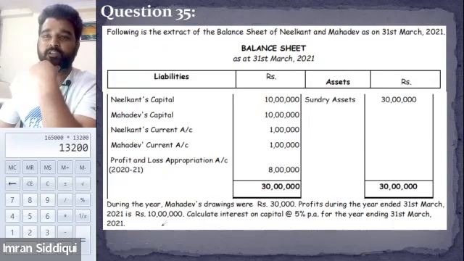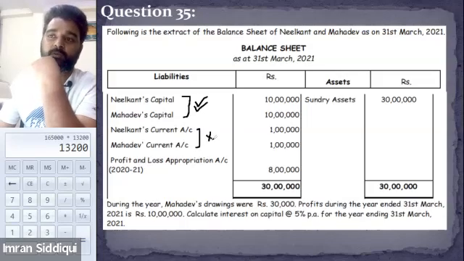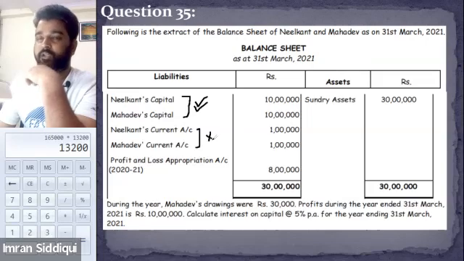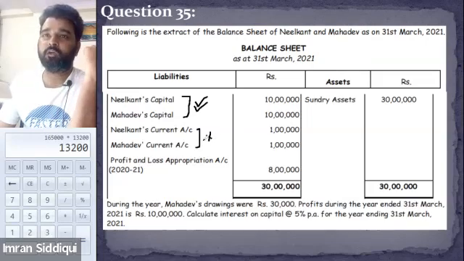Whenever in the question you are provided with the current account and the capital account balance, we will always calculate interest on capital on which account? On the capital account instead of the current account. We won't be calculating interest on the current account balance. Am I clear? Aman, Halima? Clear. Okay. Now also remember,